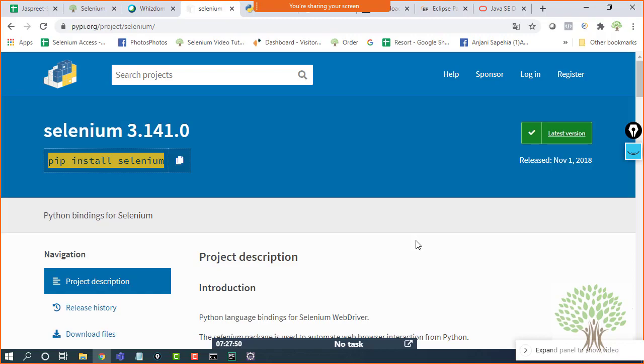Now the question comes up: where do we have to give this command and what is this command? So pip, this word pip, is basically a package manager which comes with the Python language itself. If you are working with Python 3 or above, then this pip comes along. So you don't have to download it from somewhere else. And we are currently working with the recent versions, so this will be in your system by default.